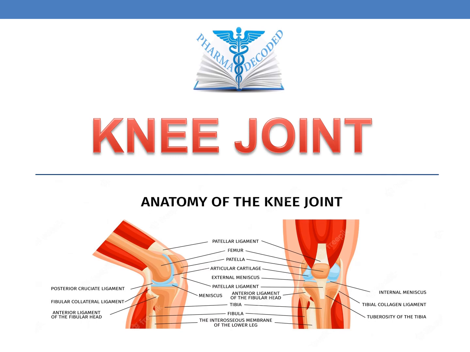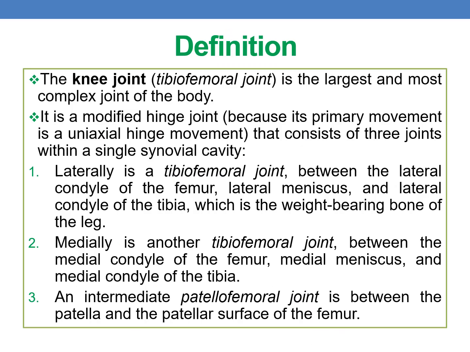Hello everyone, now let us discuss the anatomy of the knee joint. The knee joint is the largest and most complex joint of the body. It is called the tibiofemoral joint. It is a modified hinge joint because its primary movement is a uniaxial hinge movement, and it consists of three joints within